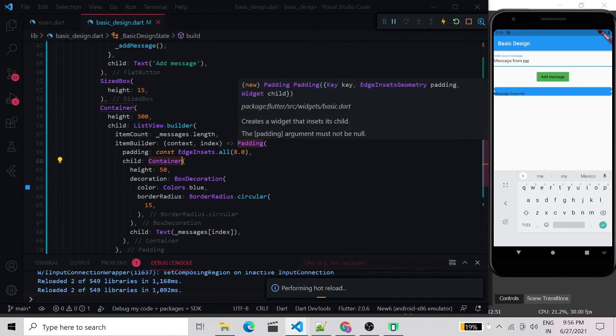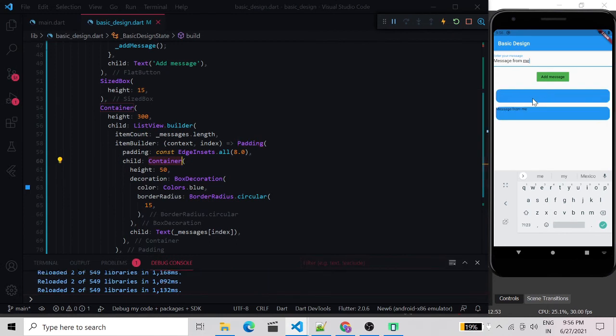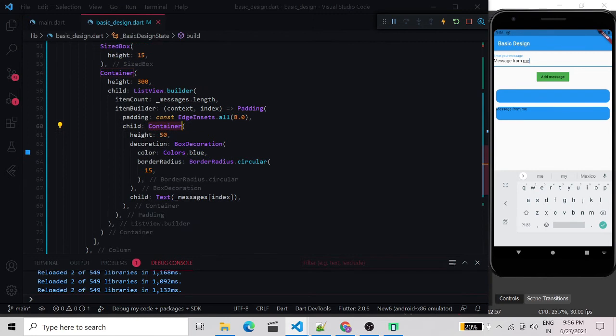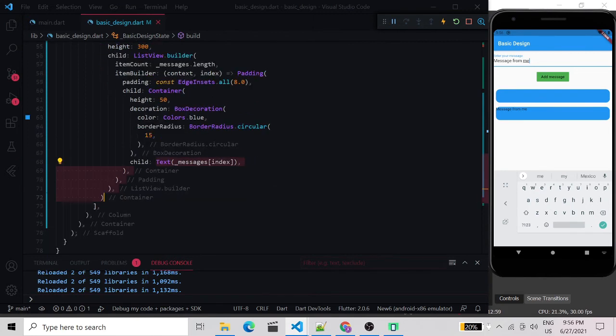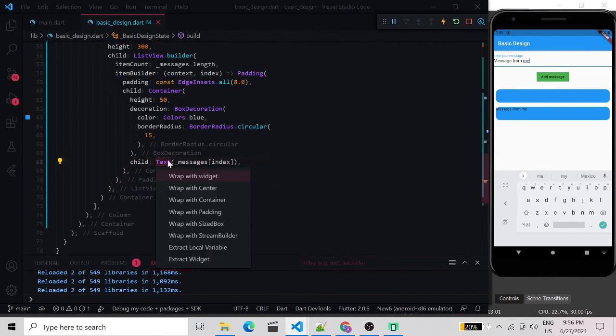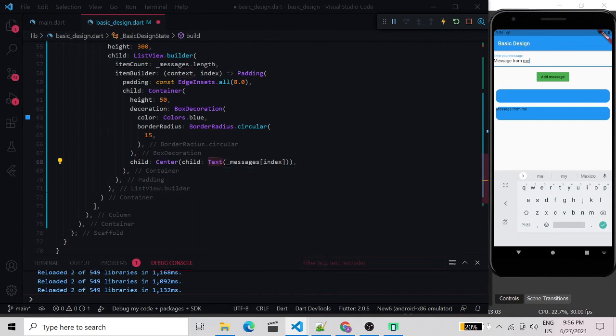Now save it. The message is not in the center of the container, so let's center this message by wrapping it with the center widget. Now you can see the message has been centered on the container.